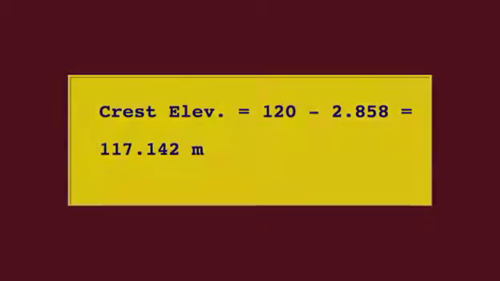Therefore, this is a high overflow spillway, and the assumption of discharge coefficient equal to 4.03 was correct. The spillway crest elevation is